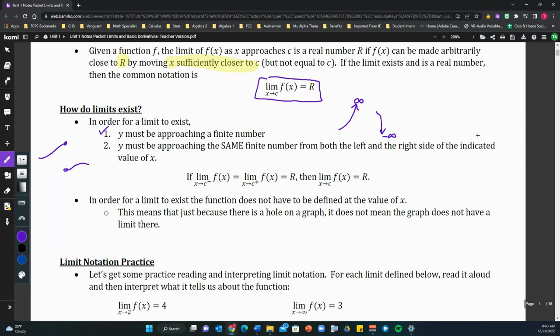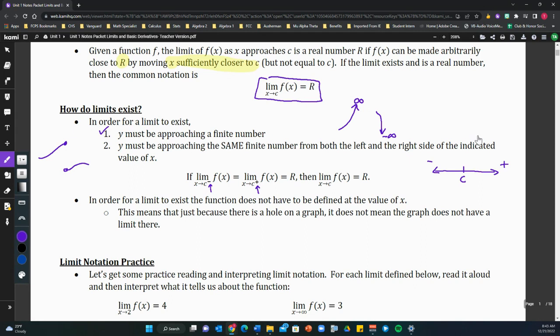Notationally, we represent those one-sided limits by adding a little direction to the top of the c value that we are approaching. When you see a negative sign, that means we're approaching it from the negative side of a value. If you think about a number line, no matter where that value is on the x-axis, negative numbers will always lie to the left of that value, and positive numbers will always lie to the right side. So when you see x approaches c from the negative sign, we interpret that as from the left. So we approach x equals c from the left, and as we approach x equals c from the right,